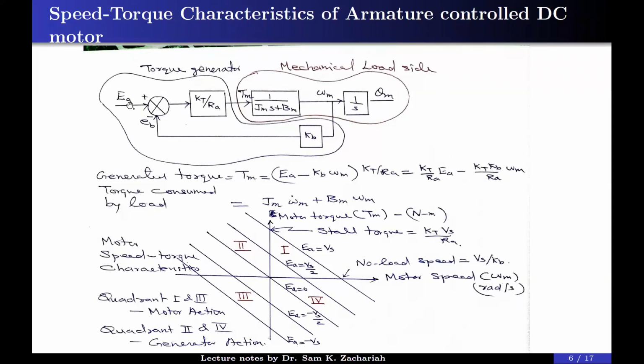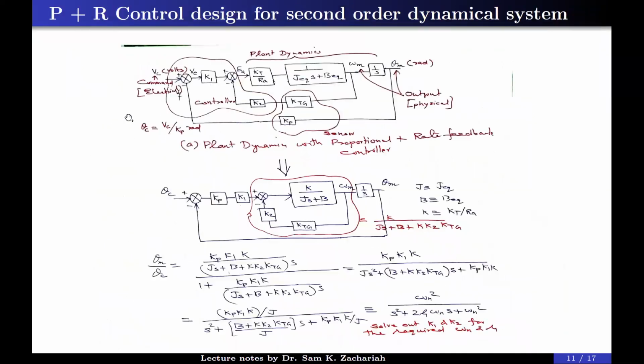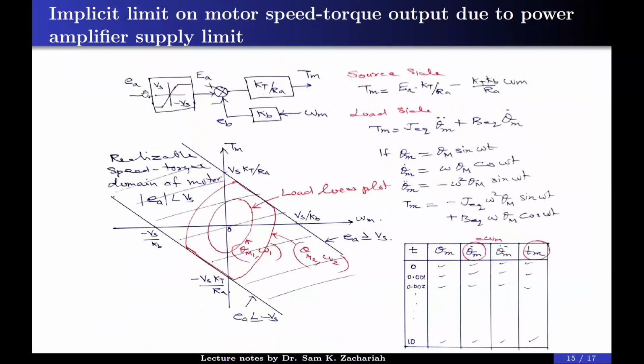Now the power amplifier has an internal saturation. Its voltage cannot go beyond plus Vs or minus Vs. So this EA I am going to derive as the output of a saturation block. That's what I am showing. See, capital EA now I am deriving as the output of the saturation block, and input to the saturation block is put as small ea, and this is linear, but it will be limited in the extremes by plus Vs or minus Vs. The slope is equal.